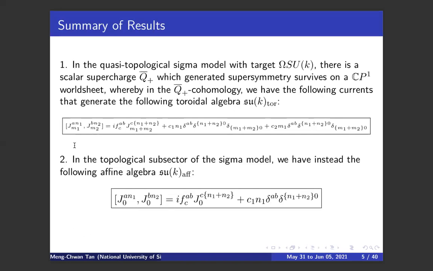So in this case, where you do not collapse the row sheet into just a line, you would have two loops, one coming from the loop of the row sheet and the other coming from the loop of the target space. Okay, so if you collapse one of them in the topological sector, you would get this expression without the M index.